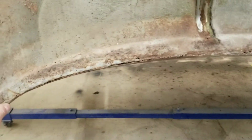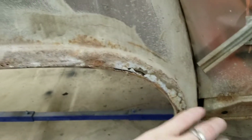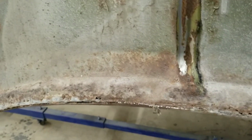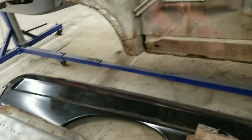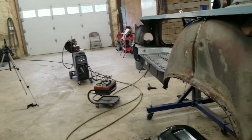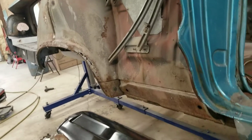I've got a little bit of repairs to do here on this lip. I'm not going to replace the wheel tub because it's in good shape, but I'm going to cut this lip out and make a new one. This side looks pretty good, not much rust repair, but yeah, that's pretty much it. Pretty quick, simple, and easy way to remove them. Putting them on is not quite as easy, but